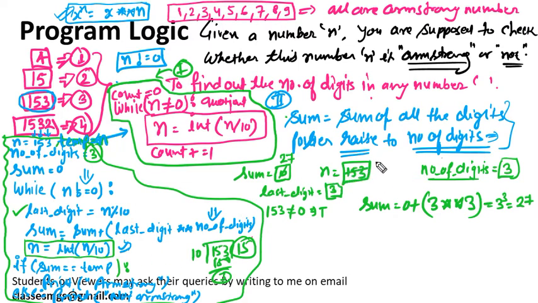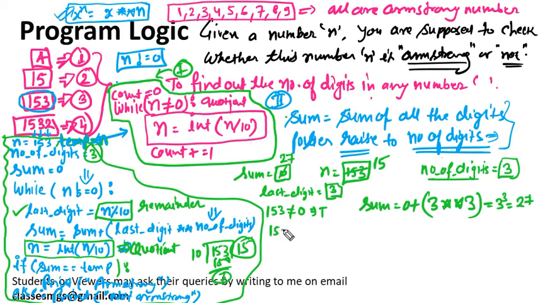So 153 becomes 15, because the last digit is removed. In one line we are calculating the remainder, and in the other line we are getting the quotient. And I already told you, after dividing any number by 10, the quotient will be the number after removing the last digit, and the remainder will be the last digit as a number. So now this loop will continue, and let's check the condition again.